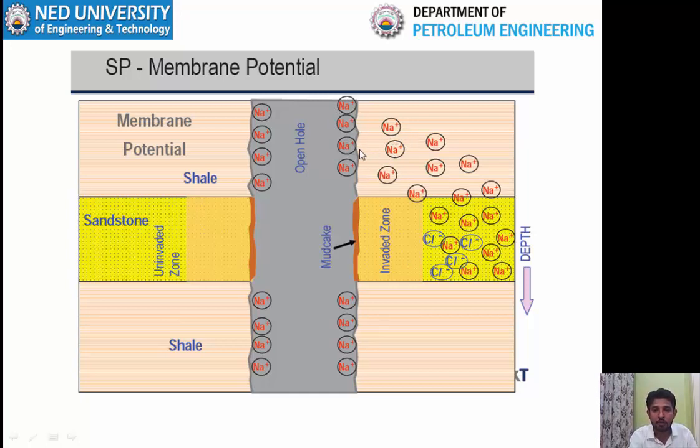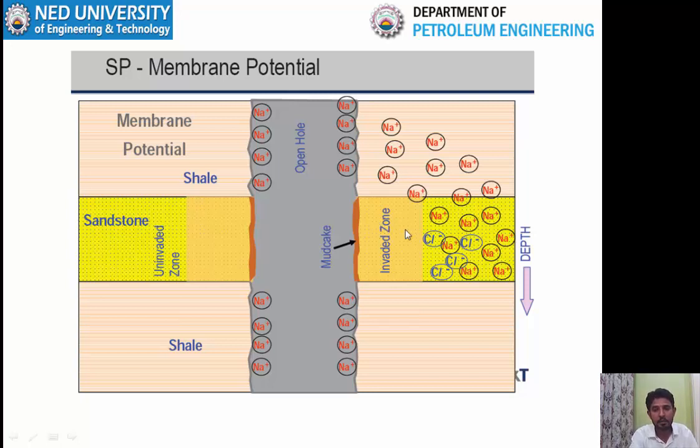So against shale formation, as you can see in the top and the bottom shale zone, you have the positive charge build up in the wellbore because we have assumed that mud has low salinity. But against the permeable zone, you have the negative charge build up because chloride ions are more mobile, and sandstone basically is not a selective barrier.